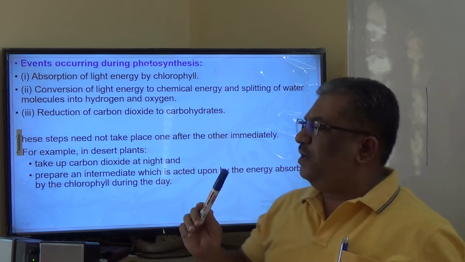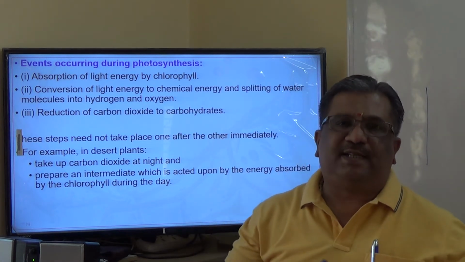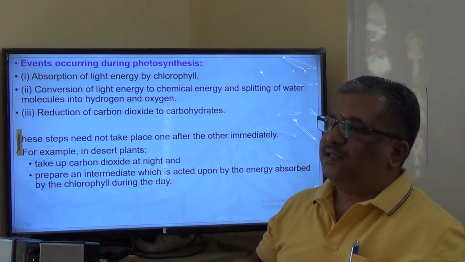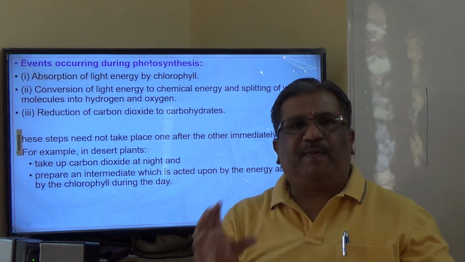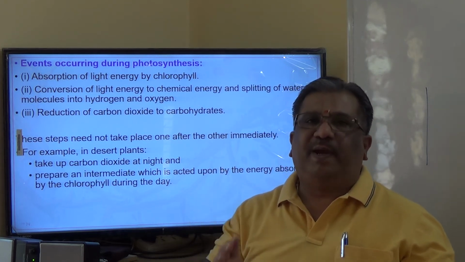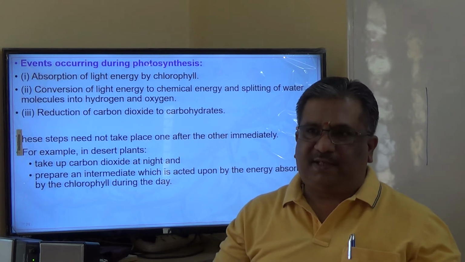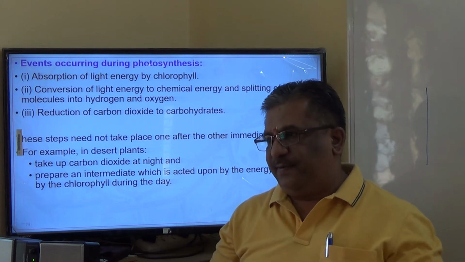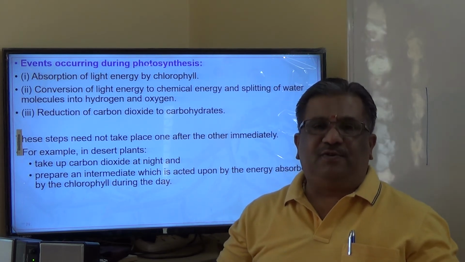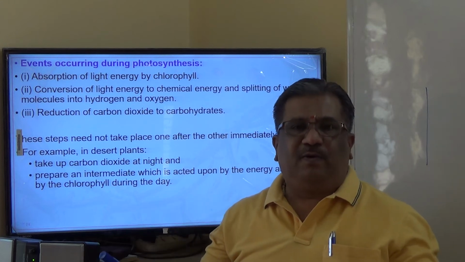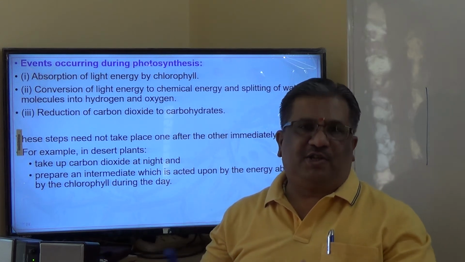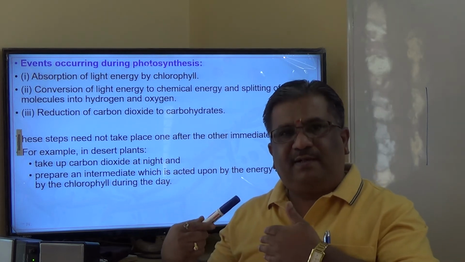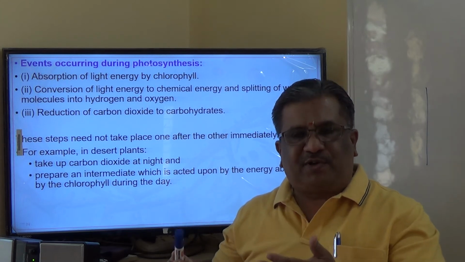See, how is this energy utilized in the process of photosynthesis? Sunlight energy is trapped by the chlorophyll pigment, which is present in the chloroplast. The sunlight energy is converted into chemical energy. This chemical energy is used to split the water molecule into hydrogen and oxygen. Oxygen is a byproduct, and hydrogen goes back in the preparation of food basically.